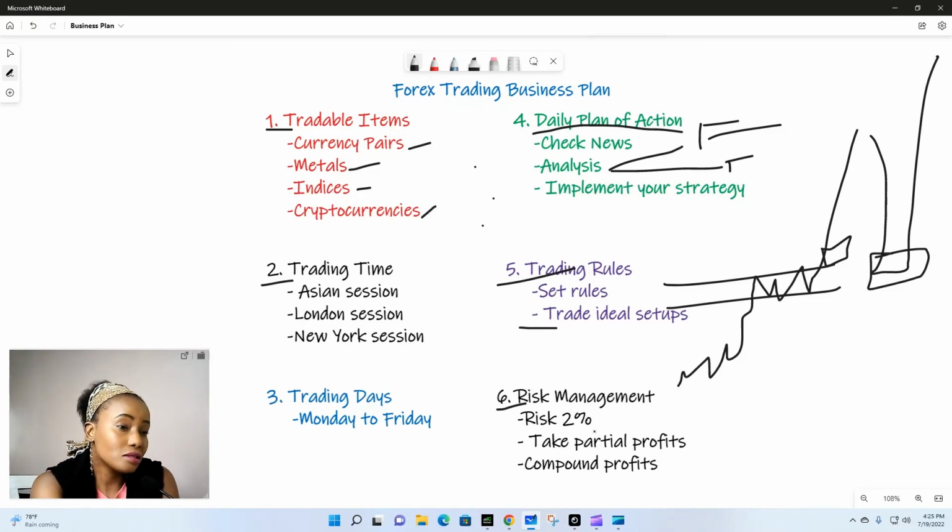Although I've put it last, it's actually the first thing, because before you trade, the first question you ask yourself is: how much do I want to lose, or how much am I comfortable losing? So risk not more than 2% of your account balance. If possible, take partial profit. So whatever your account balance is, calculate 2%. Don't go beyond 2%. Then if you want to take partial profits, it's recommended you can do a 1-to-1 ratio.